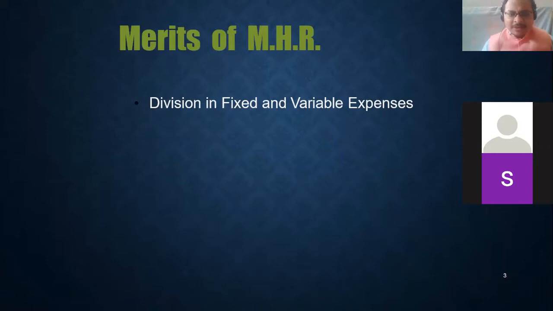Variable expenses are those which increase or decrease depending upon the running of the machinery, for example, repairs and power consumption. These are the basic examples of running charges. Is this clear, everyone? So this is the first advantage, that we can easily find out which expenses remain fixed and which expenses are of variable nature. Okay, beta. Next is